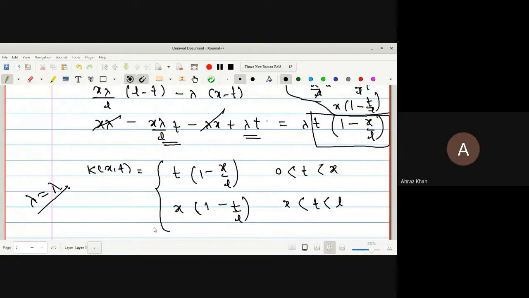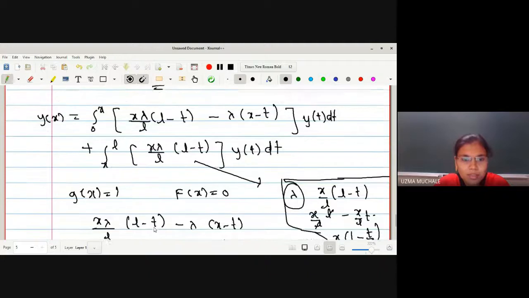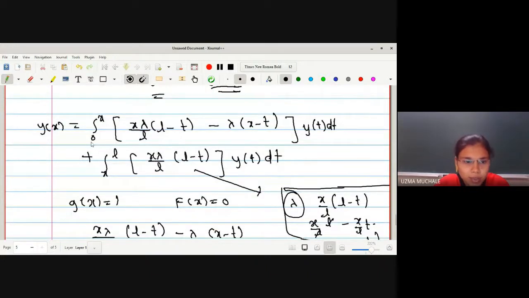मैम जो लास्ट इक्वेशन अपने को मिला वो फ्रेडोल इक्वेशन है. Correct. It is Fredholm because what we have actually is 0 to x, x to L, which means that it is from 0 to L combinedly. Okay. No doubt the kernel is different for different intervals, but the actual integration you can see is from 0 to L. It is Fredholm integral equation of second kind. Rather, it is homogeneous Fredholm integral equation of the second kind.